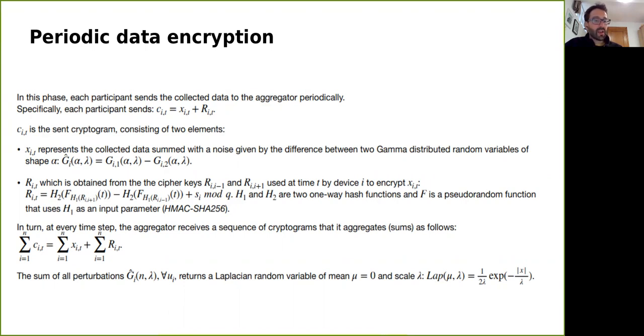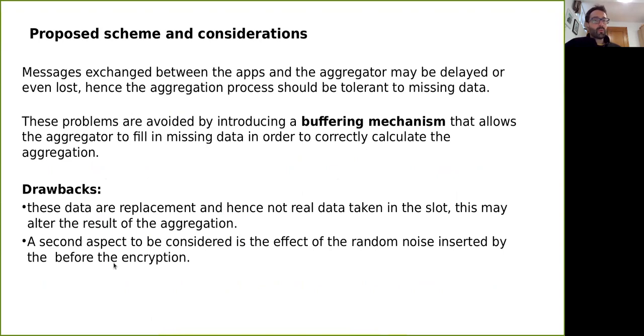So in this way, the aggregator receives a collection of cryptograms, one for each of the different data providers. So the sum of CIT can be seen as the sum of the XIT components plus the sum of the RIT components. We want to extend this mechanism by introducing a buffering mechanism which allows the aggregator